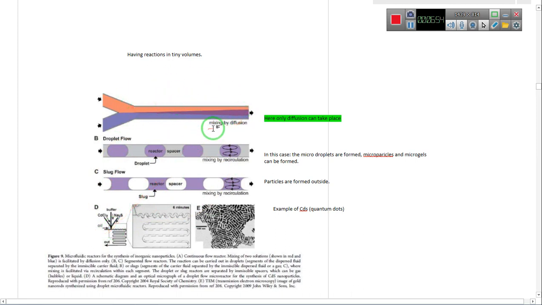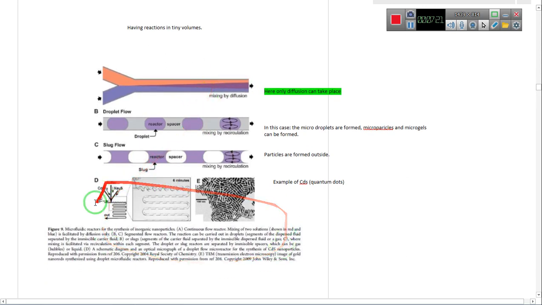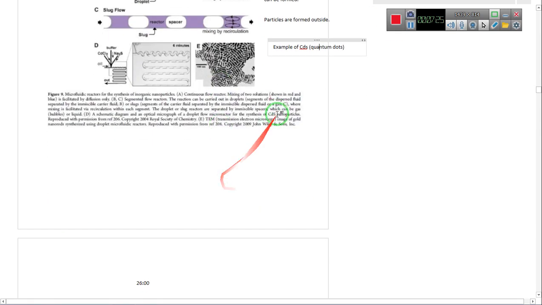In the single phase, the mixing happens due to the diffusion, and you know the diffusion is not going to be so helpful for the mixing of the reagents. So the nanoparticles which are formed here have better quality compared to the nanoparticles that are synthesized by exploiting only the diffusion effect. These are some examples, for example, for the production of the CdS quantum dots that we